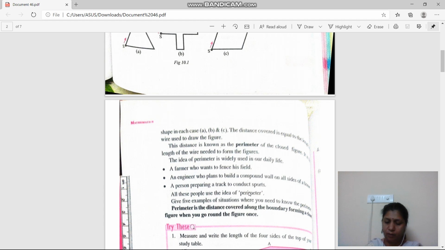Around his house, we have to find the total distance around it. And the last, we are considering you or me walking or running around the track, which is the total distance of that playground. Get it? Perimeter is the distance covered along the boundary forming a closed figure when you